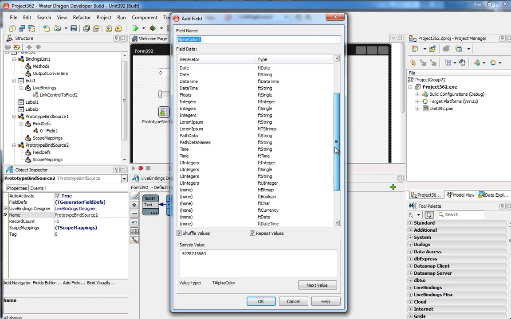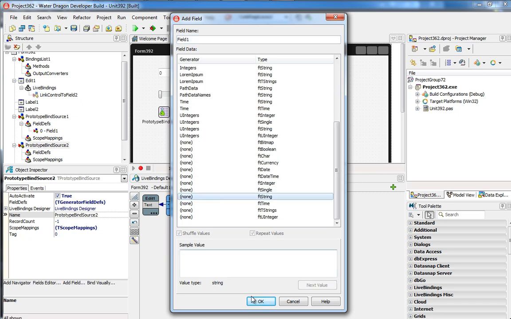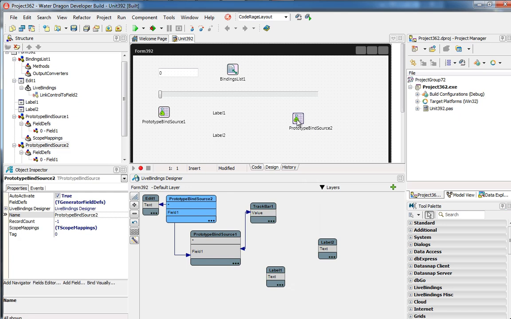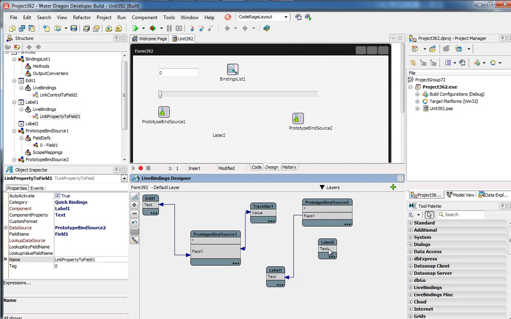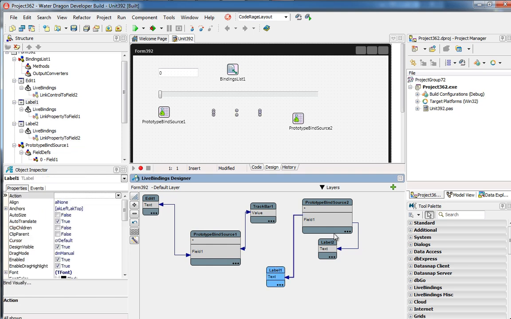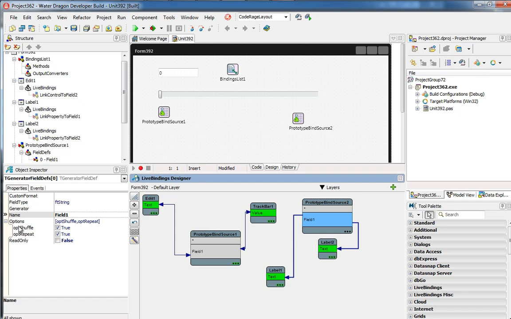In this case, I'll just create a string field, and I'll set the record count to 1. And now I can link these two label controls through the field. Note that both the labels are blanked out because the default value for the field is blank. We can actually give the field a value